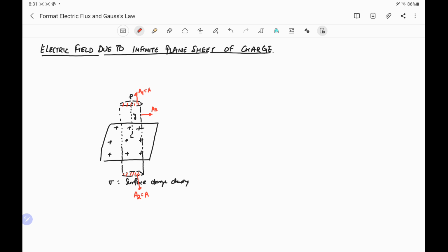If we check the electric field, it is always perpendicular to the sheet by symmetry. So E is either perpendicular to the sheet in upward direction if we move up from the plane sheet, or perpendicular to the sheet in downward direction, because the field due to the plane sheet will be in outward direction. Applying Gauss law for this case, we use the flux, integral E dot ds, equal to Q enclosed by the Gaussian surface divided by epsilon naught. Here there are three surfaces, so we write the flux for surface area 1, which is the upper circular area,